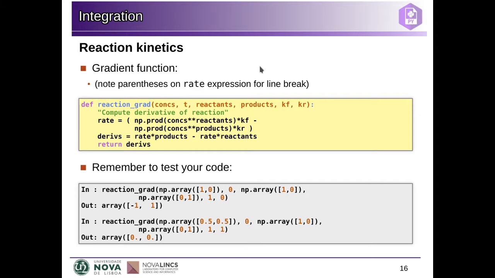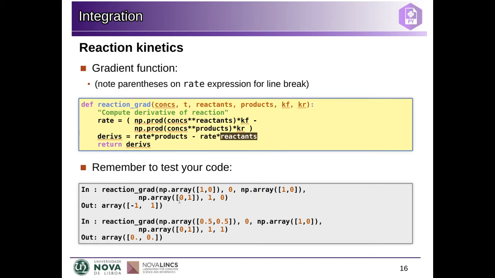So this is the rate of the equation, and now the derivatives for all our species in the reaction is the rate multiplied by the amounts the products are present in the reaction minus the rate multiplied by all the amounts of the reactants. So now how can we